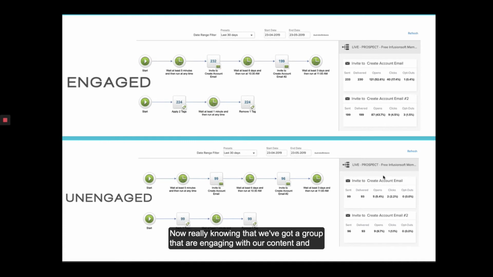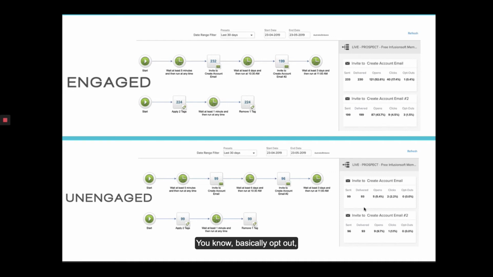So what does this mean and how does this help us? Now, really, knowing that we've got a group that are engaging with our content and a group that doesn't engage as much or as frequently with our content, then we need to think about how we are communicating to those groups of people. And the group that are engaged, you probably do want to send them more frequent emails than those that are unengaged, because if they're not really interested, if you keep on bombarding them with lots of emails, it's probably likely that they're going to unsubscribe, mark you as spam,